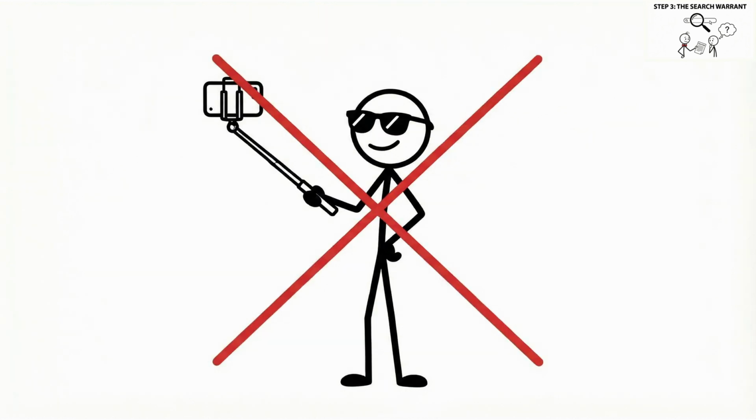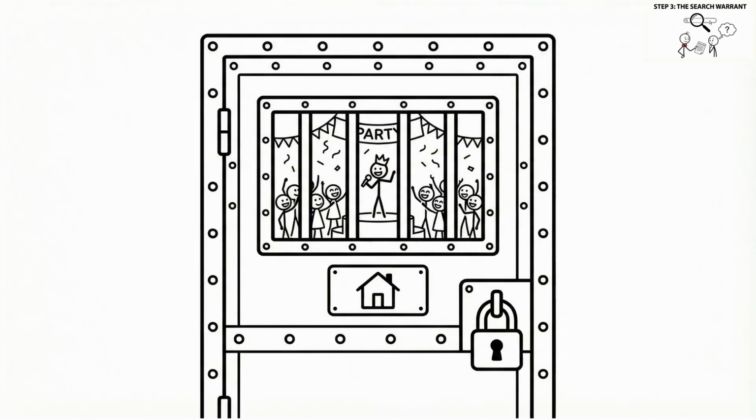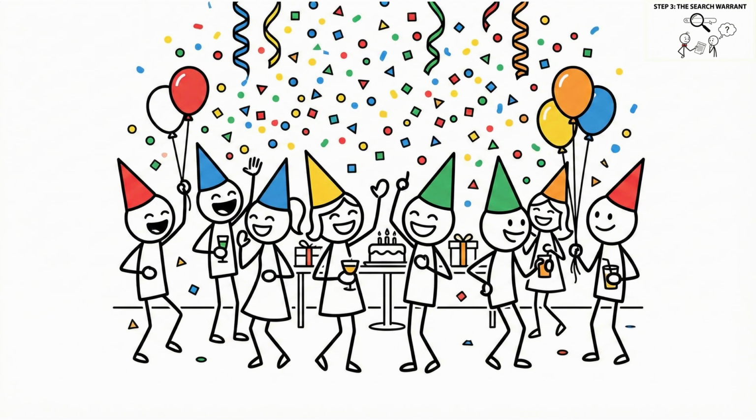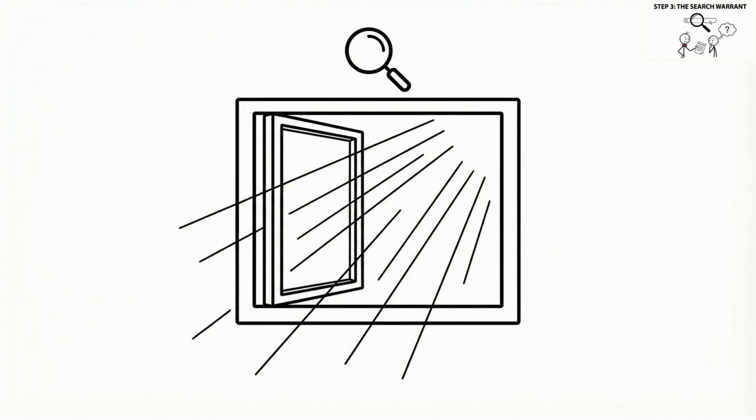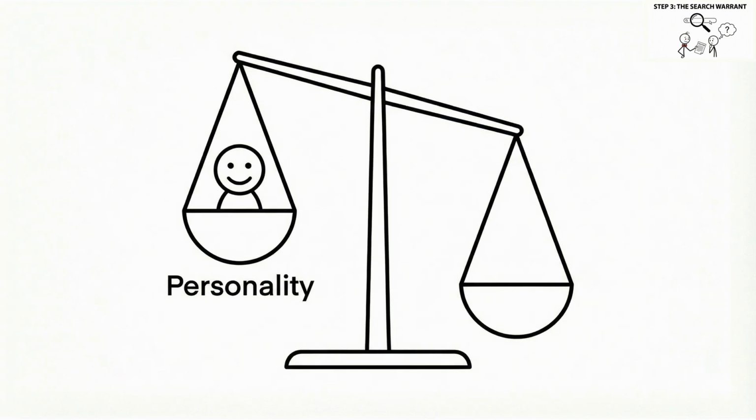The secret is you have to stop trying to be an influencer and start being a librarian. The homepage is sort of like a locked door. This is where people go to be entertained by people they already know, most likely. But search is an open window. This is the cheat code in the beginning. Your personality has 0 value. Only your utility has value.